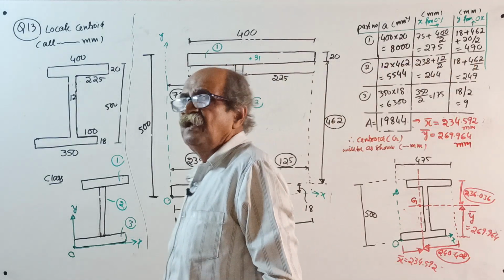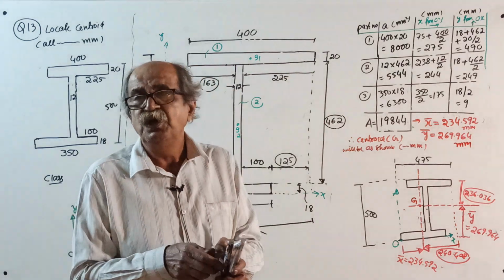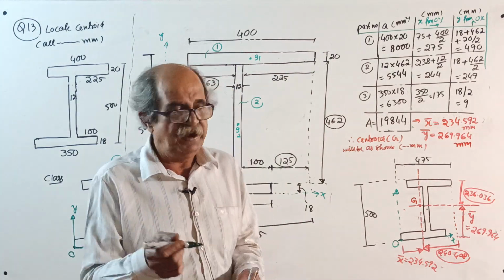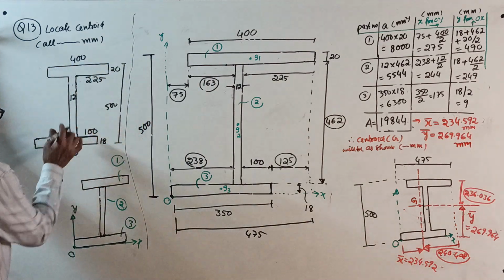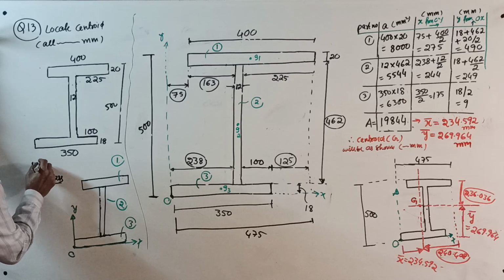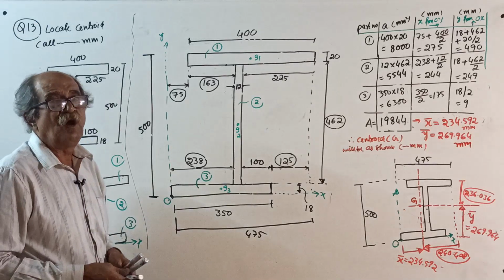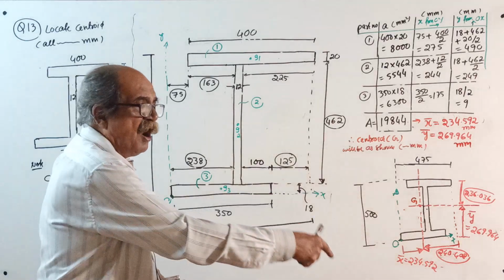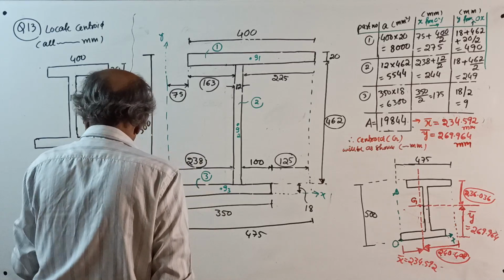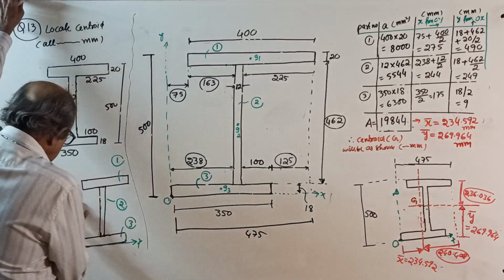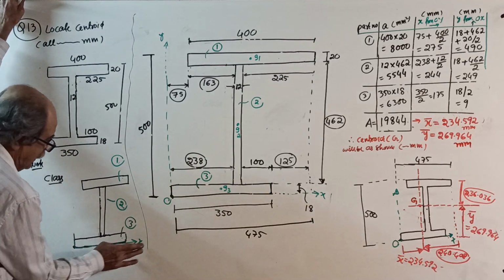Now do one thing. Question is completely over. Now, actually every class I can't do it. Once everything is over, you make a note here. After the question is over, make a note. For locating centroid, we considered bottommost edge and left extreme corner, O. Now, only for understanding purpose,